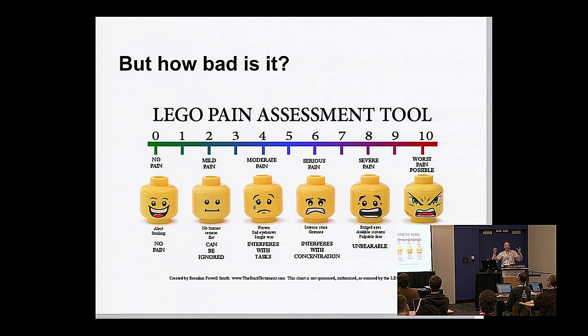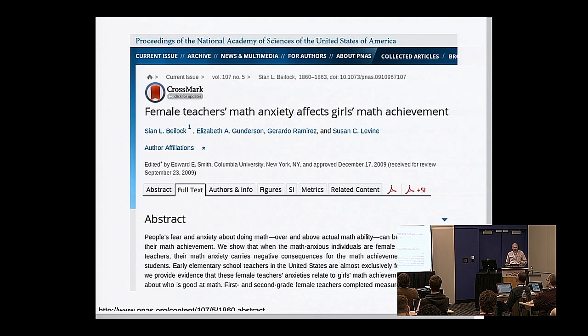If you had to put a number on it, so here's an example of a scale that lets you put a number on how much pain you're in. I want to put a number on how big an effect this is. So I went and I found the paper. It was published by the Proceedings of the National Academy of Sciences, which is a highly reputable venue, peer-reviewed, and very few papers are accepted. In order to be accepted, they have to be very good quality, and they have to report results that matter, important results.